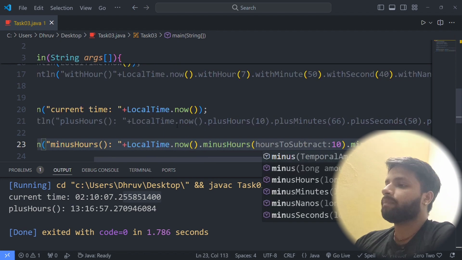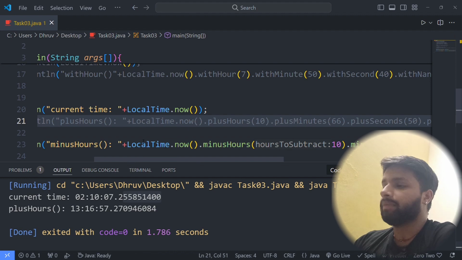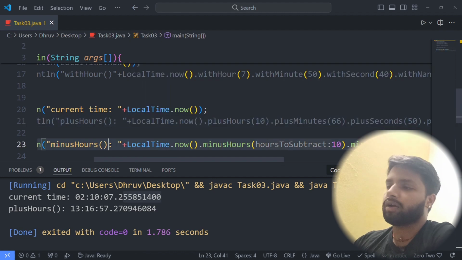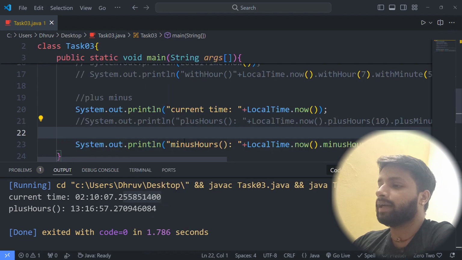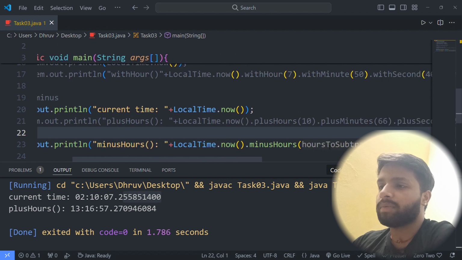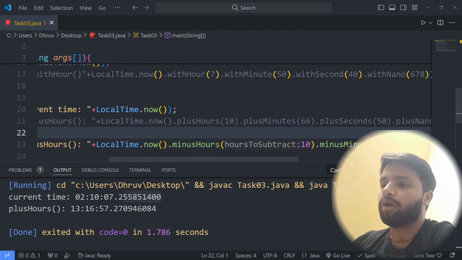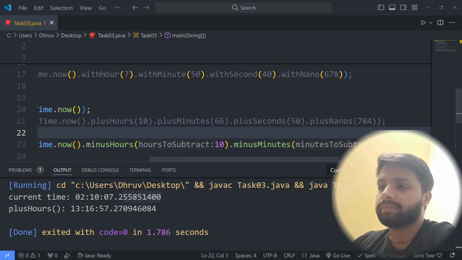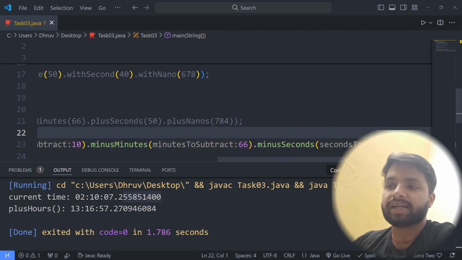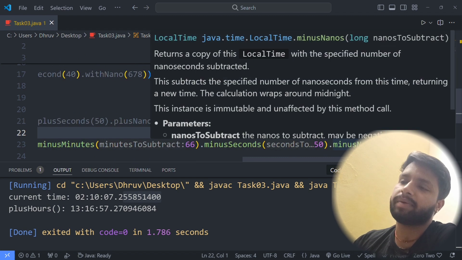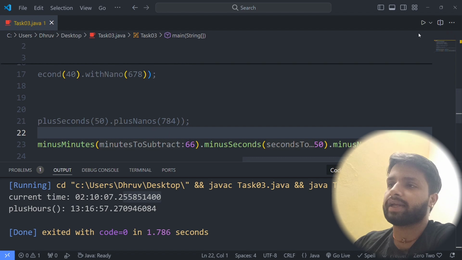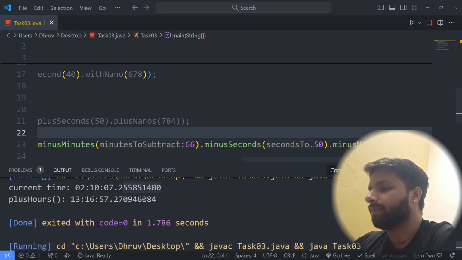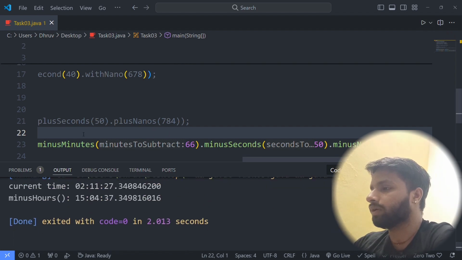Whatever will be the current time, it will deduct how much hour, 10 hour from that, how much minute, 66 minute from that, and how much seconds, 50 seconds from that, and how much nanoseconds, 784 nanosecond. So you will see the time now. Did I write minus?